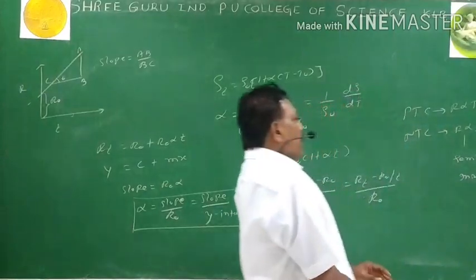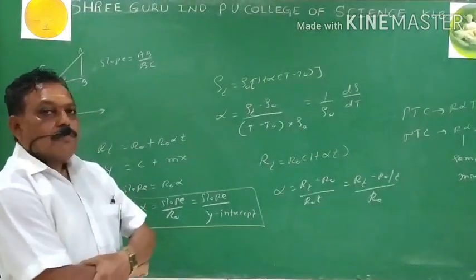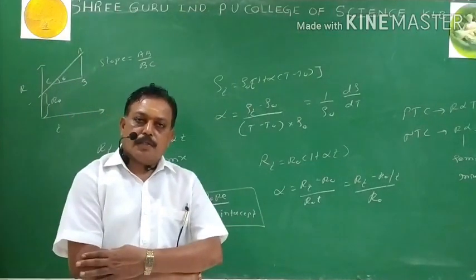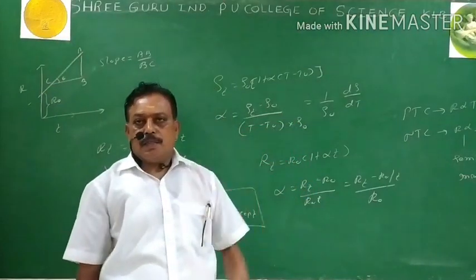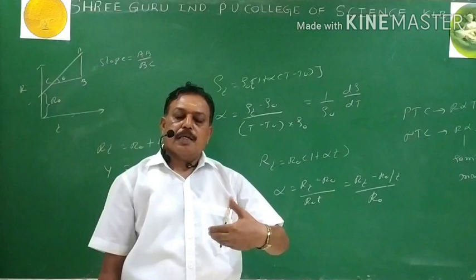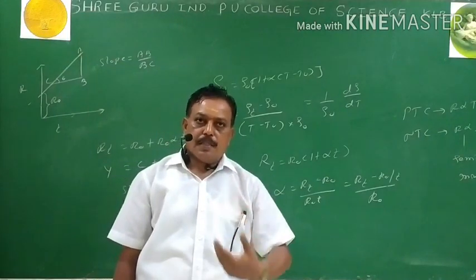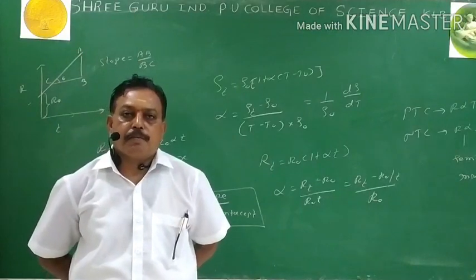Now this is about the classification of the materials on the basis of the variation of resistance and temperature. After that we come across color coding of the resistor. By knowing the color sequence of the carbon compound resistor, we can calculate the value of the resistance, and the formula we have given is R equals AB into 10 to the power C plus or minus tolerance.